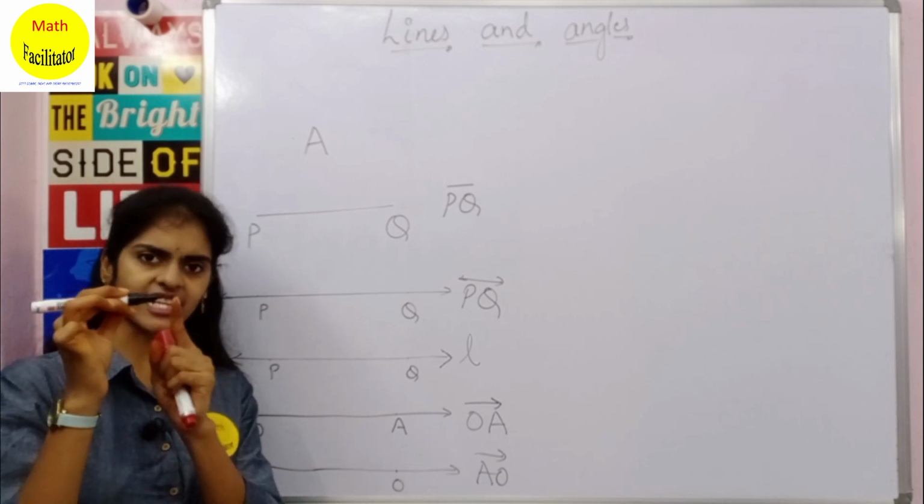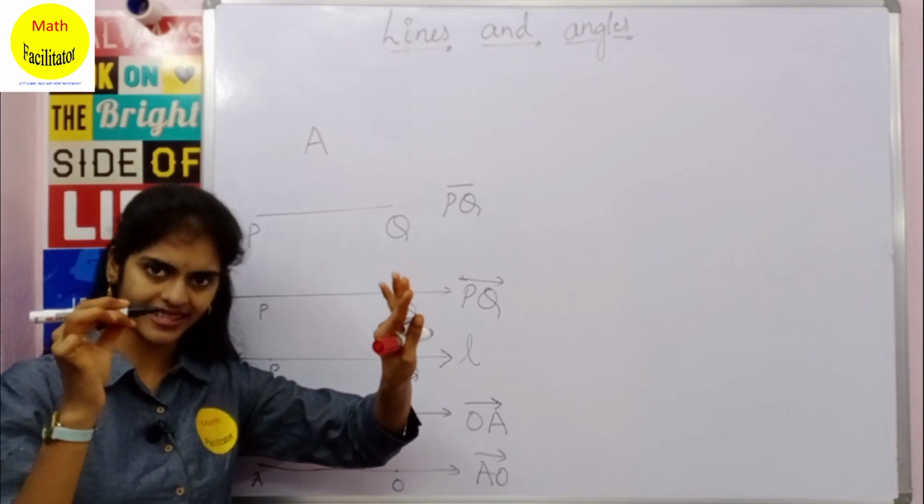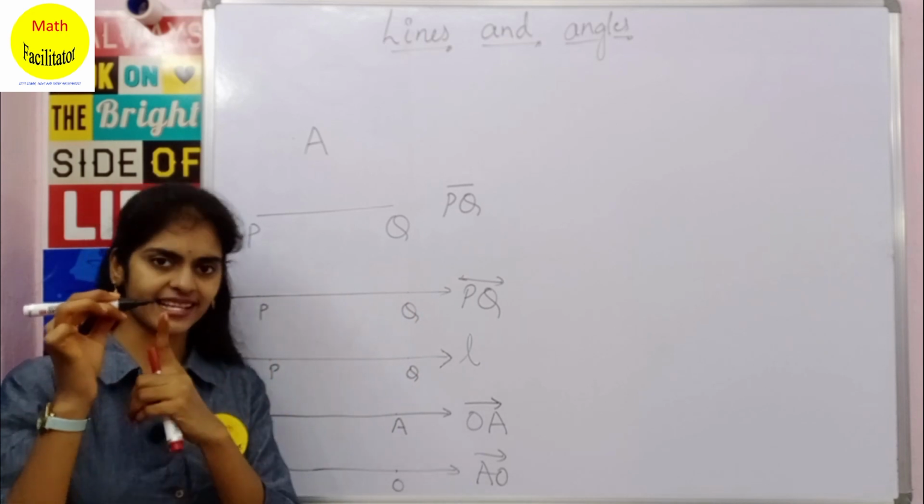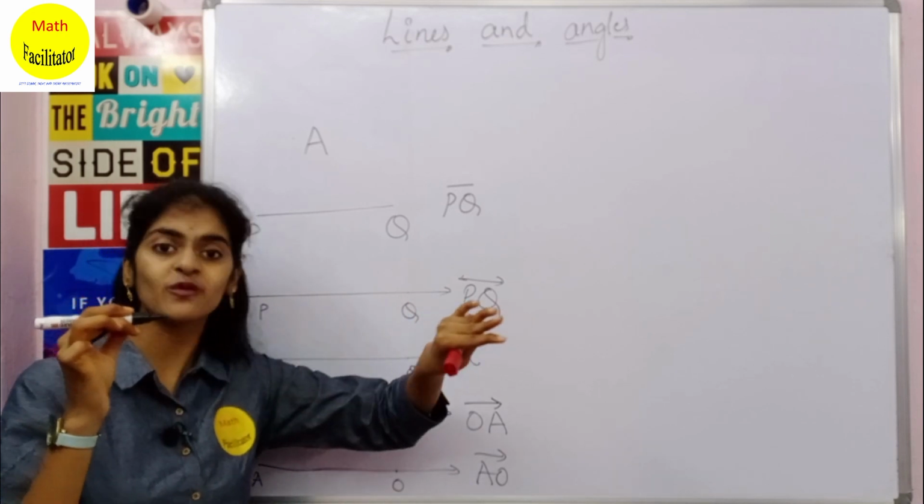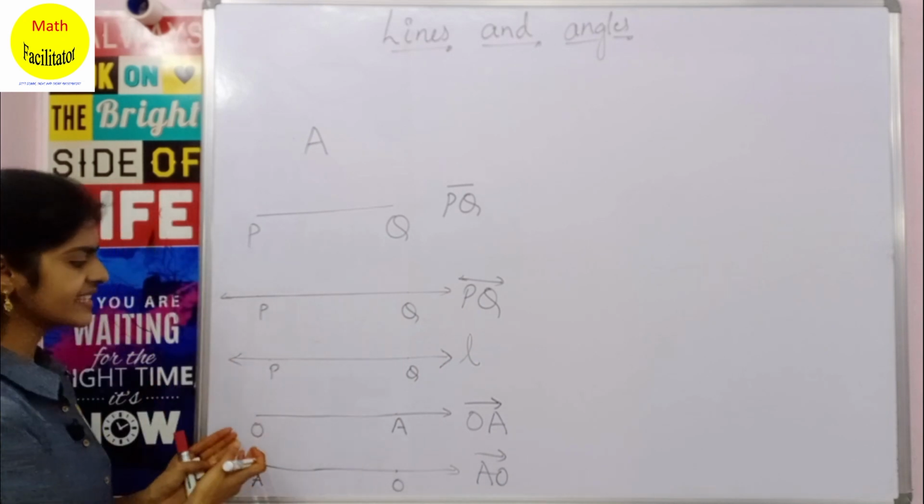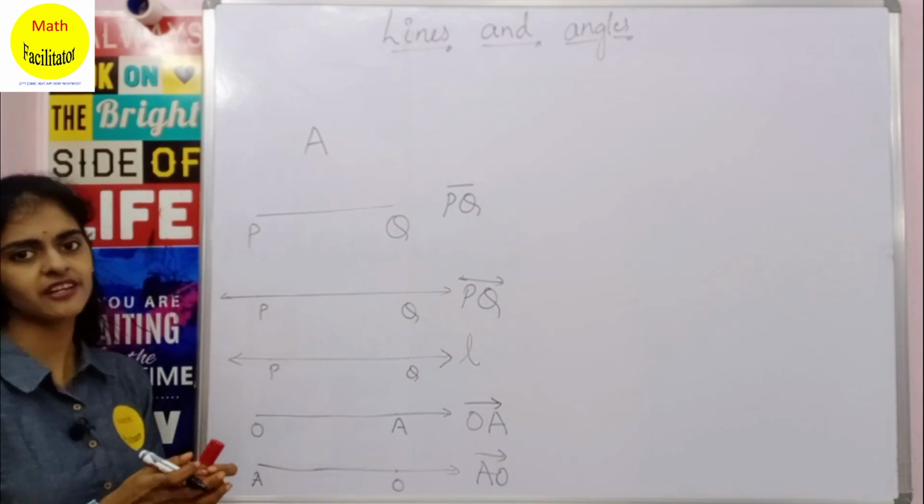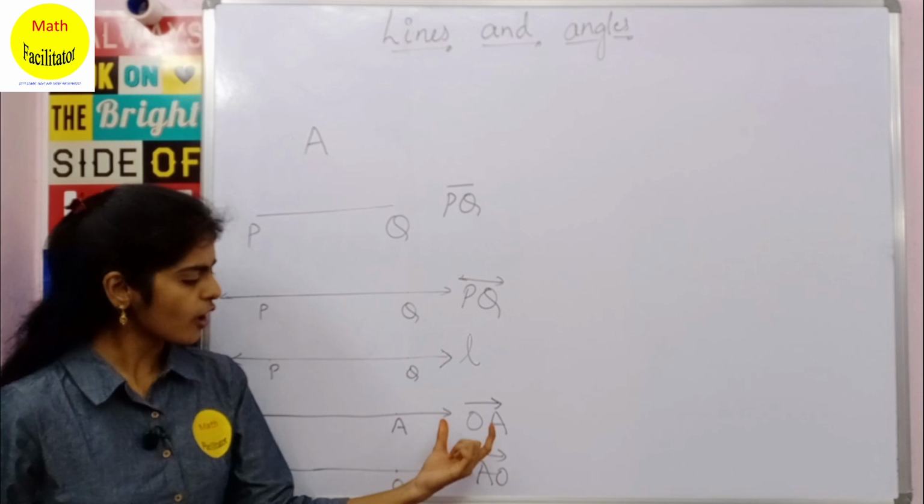The light ray starts from this point and it goes on, right? So that is the example of a ray. It has a starting point and it just goes on in one direction. Clear? So these are the examples of rays, and be very careful when you are representing rays, because OA and